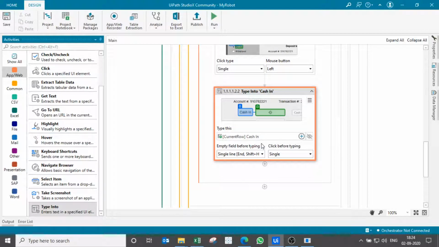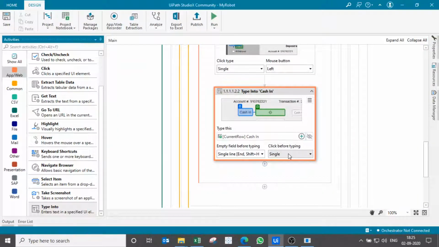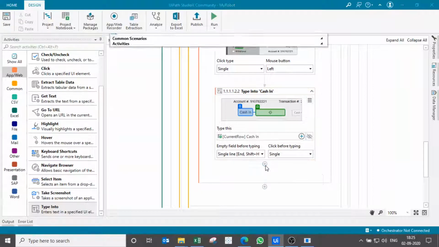So now wherever the cursor is, if for example the cursor is here or this data has been selected, then it will fill data from this place. Now again add a type into action.